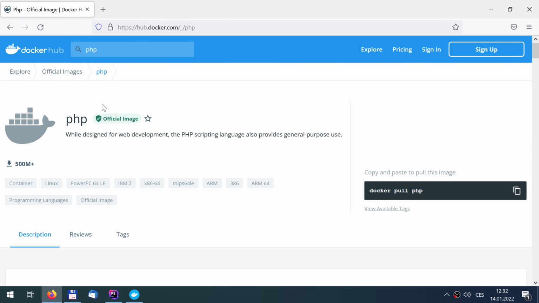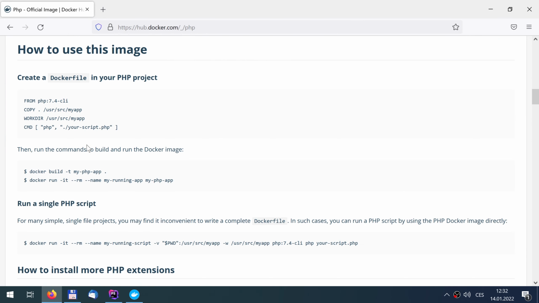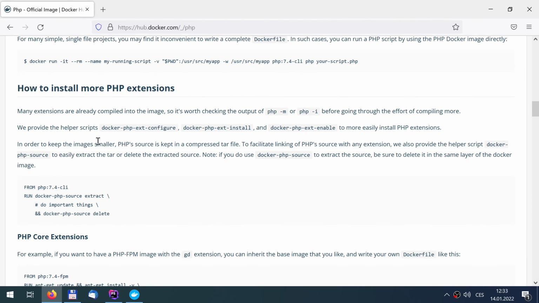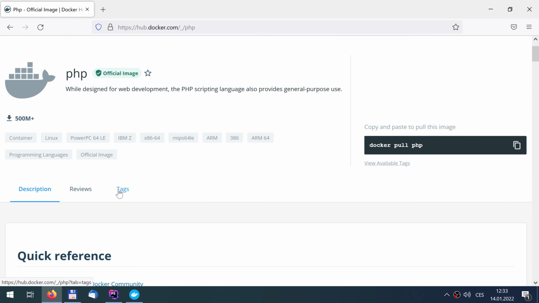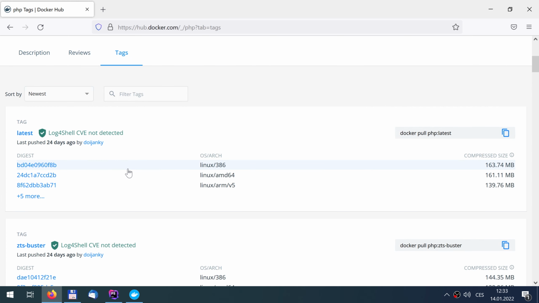We can see this is the official image created probably directly by the author of this software. We'll find some documentation on how to run it, how to set it up, and so on. And here in the tags tab, we find all the published versions of this image.